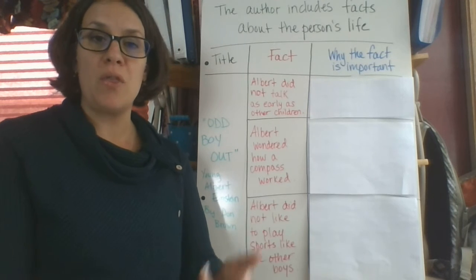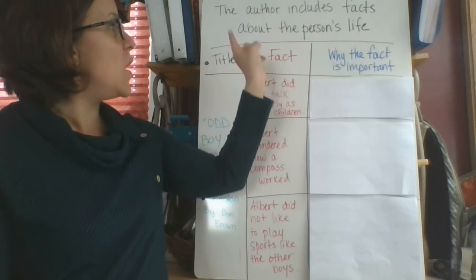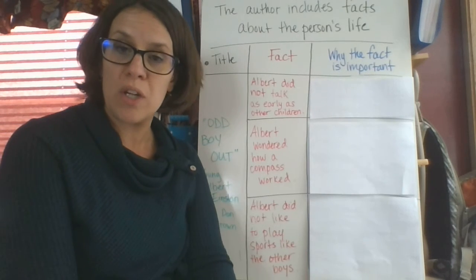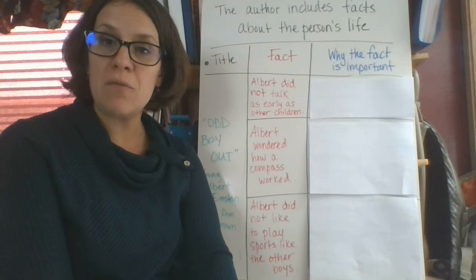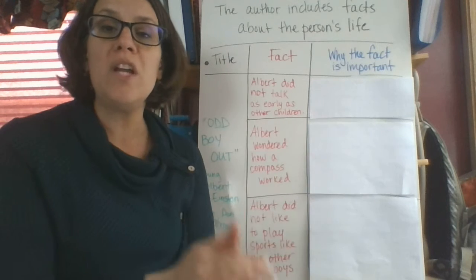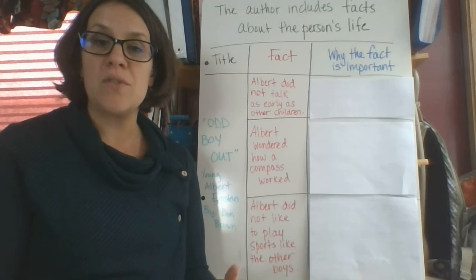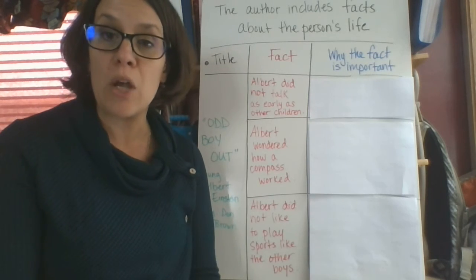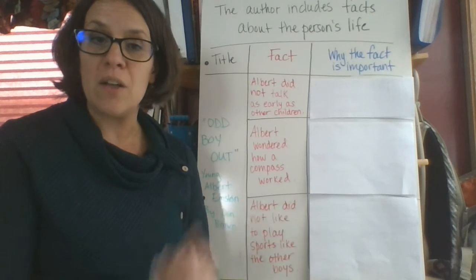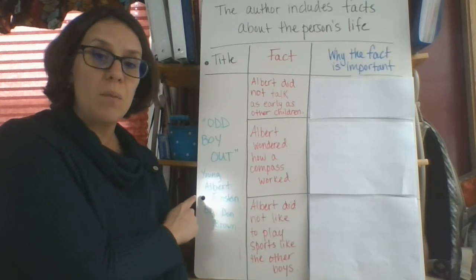So, the focus of this mini lesson is the author includes facts about a person's life. And if there are facts in the story, we know this is an informational nonfiction book. But like we talked about before, we know that these books that we've read so far are in the form of a narrative. So you're actually being told a story while learning about some of these interesting people. So let's go ahead. We're going to focus on the book Odd Boy Out, a book about young Albert Einstein